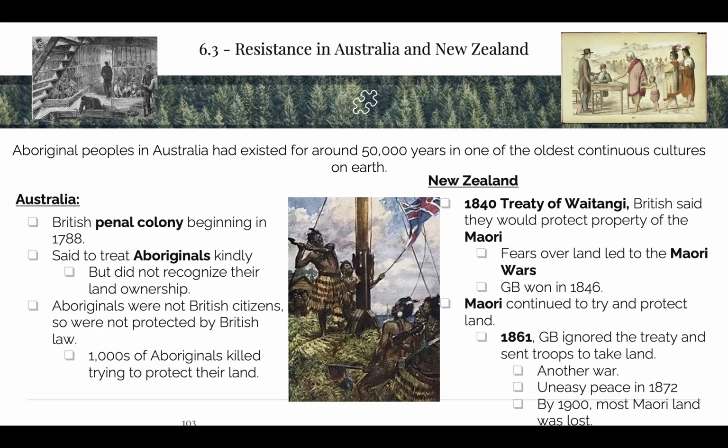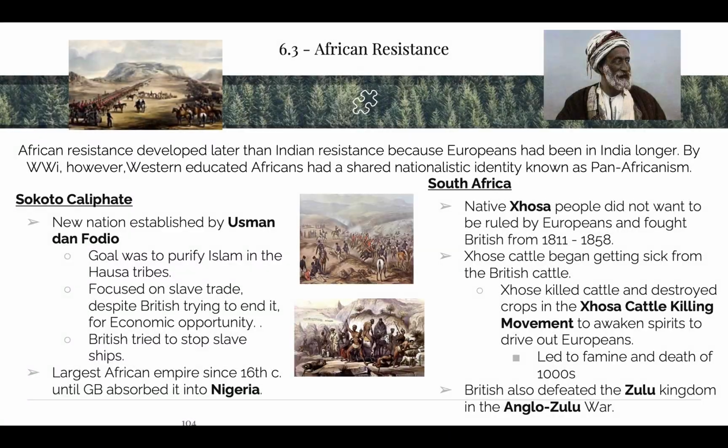I'm not really great on the Pacific stuff because there's just not a ton of it. But what you should know is that the Australians are dealing with the Aborigines, and the Aborigines don't want to be controlled by the white people, and they are fighting like hell to get rid of the white people. Eventually, who wins, though? The white people are going to win. Today, in 2022, how well recognized are the Aborigines? Yeah, they're suffering just like our Native Americans are.